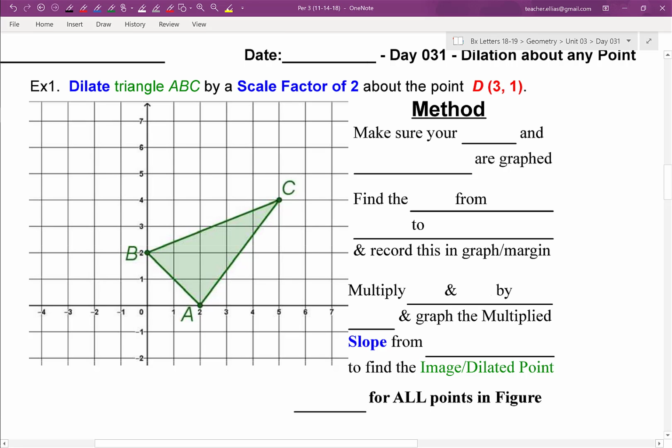So let's flip it over. Yeah, I think that's a really good way to put it. We're simplifying our method. We're gonna take some notes, so we've got notes to look back on. So can you read it out for us, Tyler? Dilate triangle ABC by